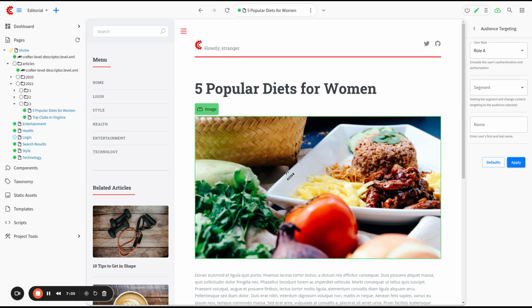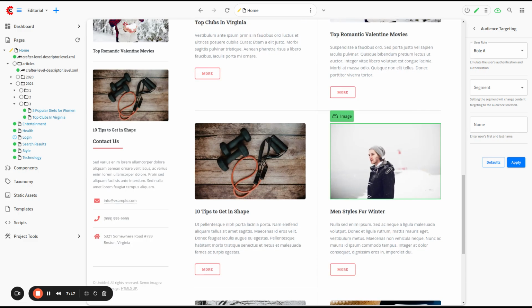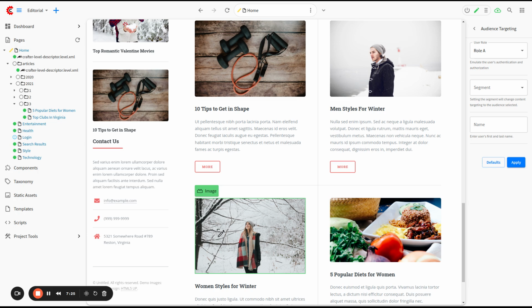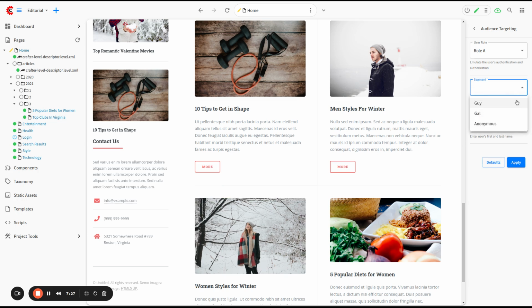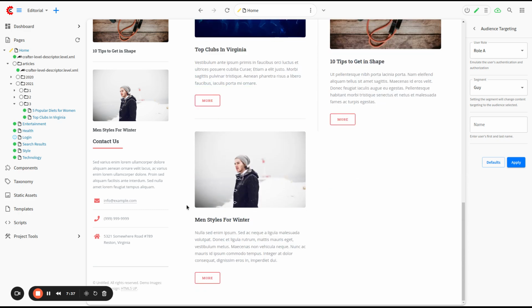And of course, we can go on to test attributes that user might have, like segment here, by going to the home page. And here we can see that we've got articles that are targeted towards both types of users, styles for men, styles for women. And then if I say, well, but this user is interested in styles for men, and then I apply that, then you can see here that my featured articles is filtered down to just content that would be